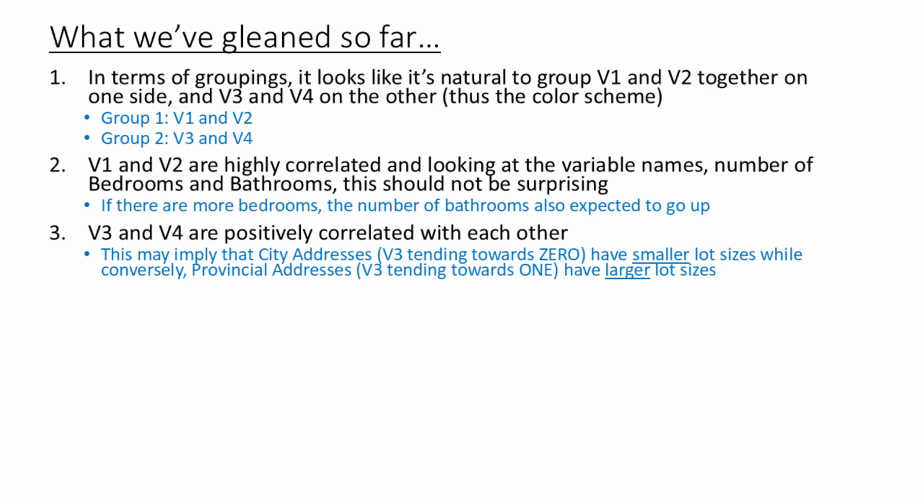Now, V3 and V4 are positively correlated with each other. This may imply that city addresses, where V3 will tend towards 0, will have smaller lot sizes given the positive correlation. And conversely, provincial addresses, where V3 tends towards 1, will have larger lot sizes. However,